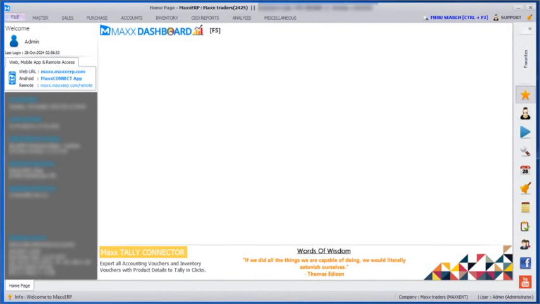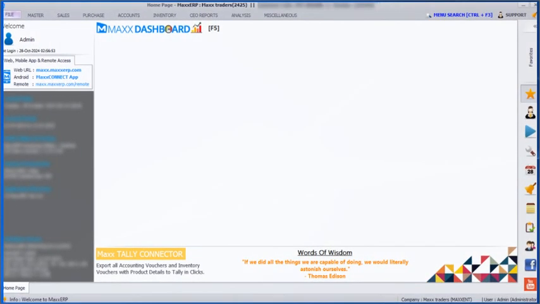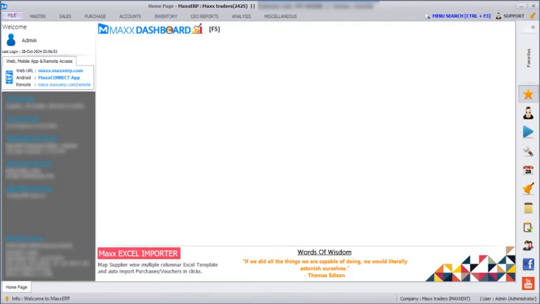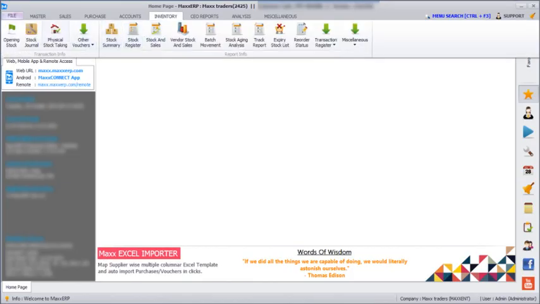Hello everyone. In today's session we are going to see how we can enter physical stock entry in our MaxxERP software for batchwise products. For that, first we need to take a backup before entering any physical stock entries. Now we'll go to inventory, physical stock taking,